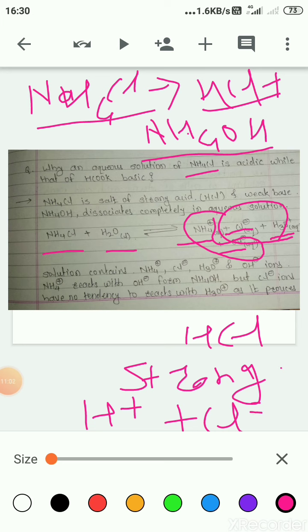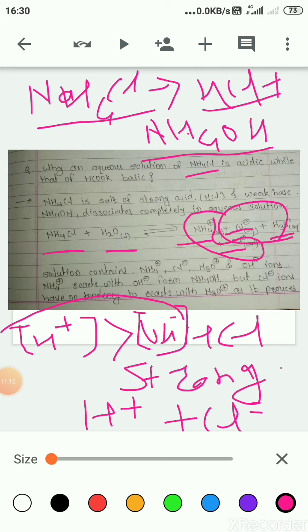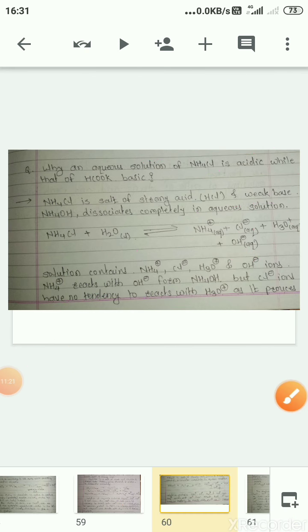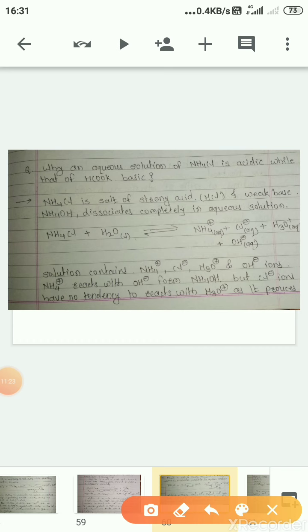Therefore the concentration of H plus ions in the solution is greater than the concentration of OH minus ions, and therefore the solution of the salt ammonium chloride is acidic in nature. Same concept we have to apply here for the salt